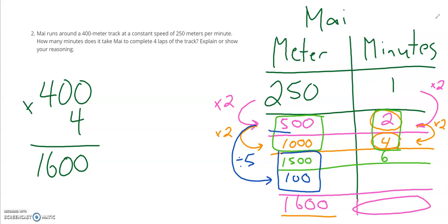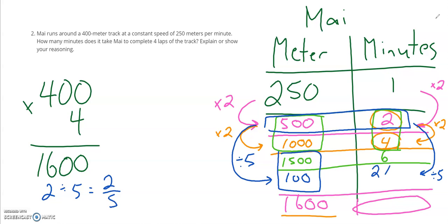That means we have to take this ratio and we're going to take the 2 and also divide it by 5. 2 divided by 5 is the same thing as 2/5. So it takes Mai 2/5 of a minute to run 100 meters,